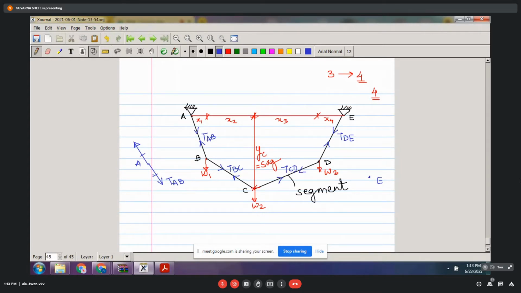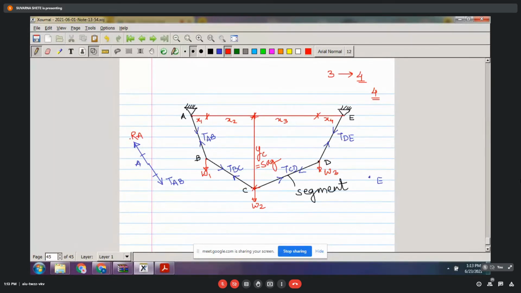It must be collinear with tension AB and it must have opposite direction to AB. Yes or no? So if this is my RA, the expected reaction at A, which is a hinge,